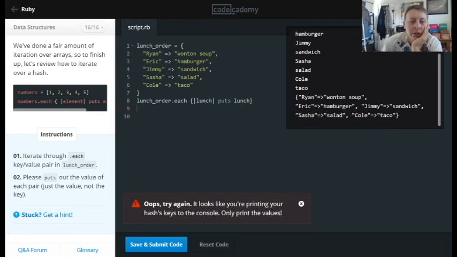So this is getting our hash values. Alright, so I had to guess. Alright, so we actually just want